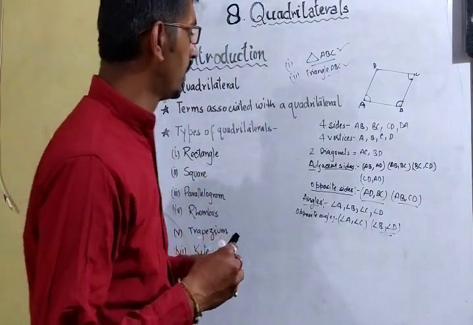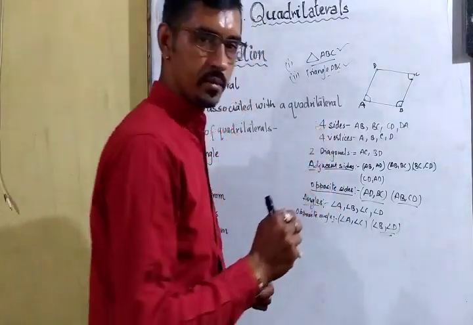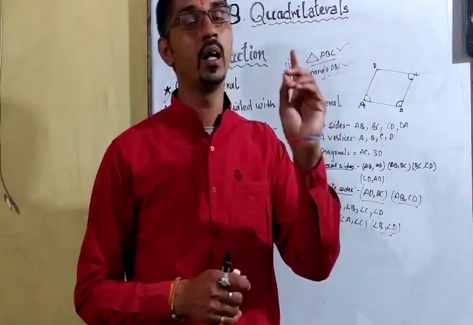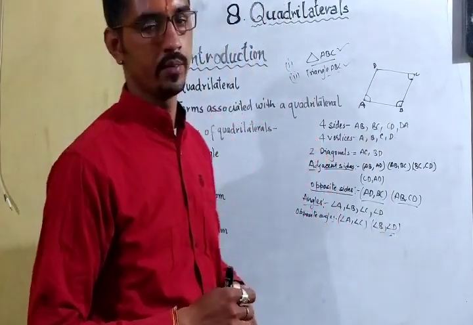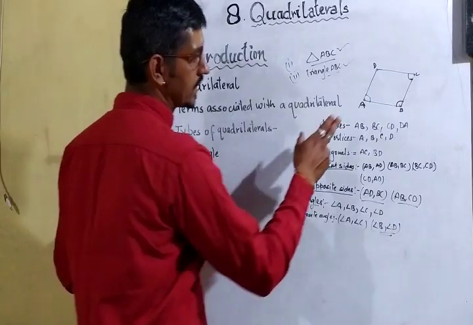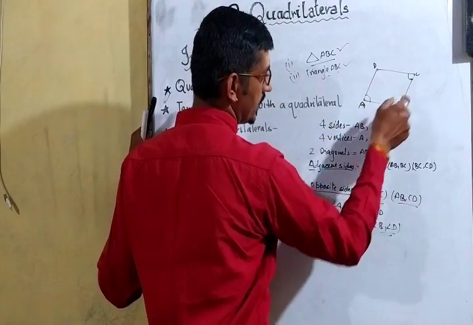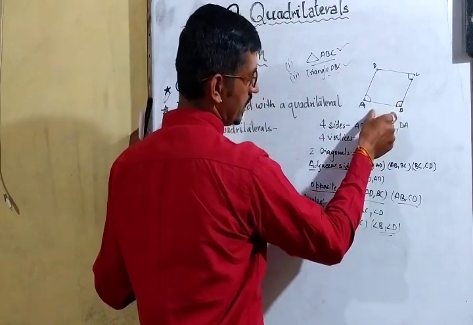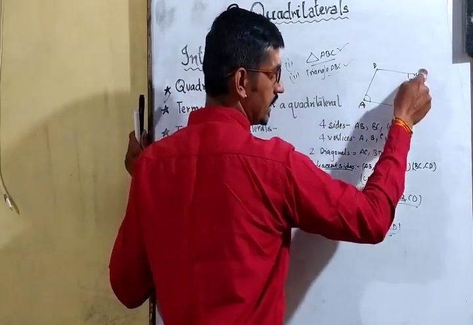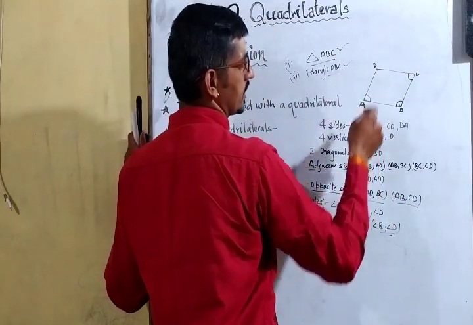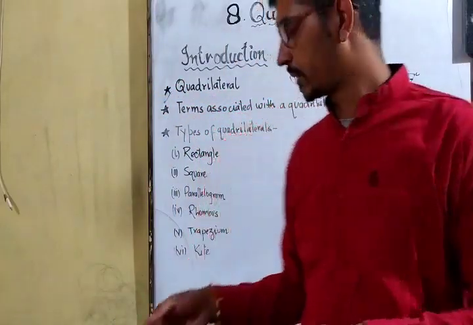Now here as well, adjacent angles. Now what are adjacent angles? Adjacent angle is that angle which has a common side in between them. जिनके बीच में एक common side होनी चाहिए, they will be known as adjacent angles. Here you can see कि angle DAB and angle ABC have a common side, that is AB. AB common side है, तो angle A is adjacent to angle B, angle B is adjacent to angle C, angle C is adjacent to angle D, and angle D is adjacent to angle A. That means all are adjacent to each other in order.